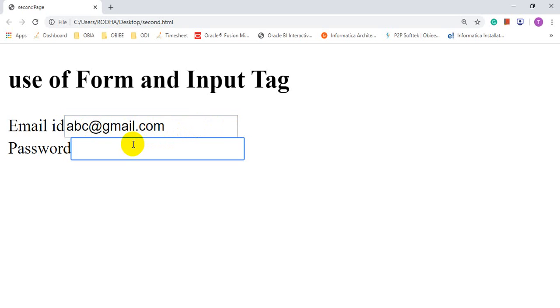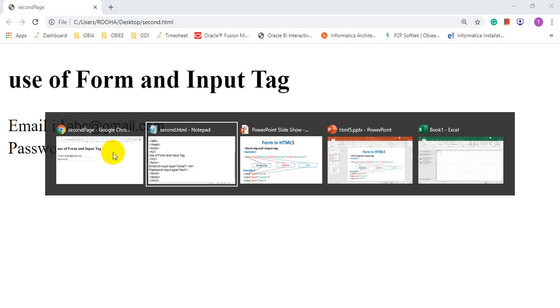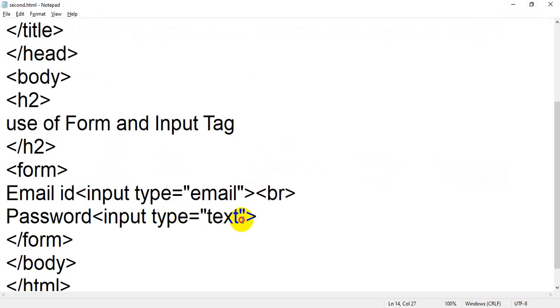Okay, if you write password, for example kms123. Okay, you have entered password as kms123, but the password is showing. Okay, anyone can watch you, or anyone can steal your password. So password must be in hidden form, so no one can steal your password. That's why input type equal to password is given by HTML. So instead of writing input type equal to text, take input type equal to password.